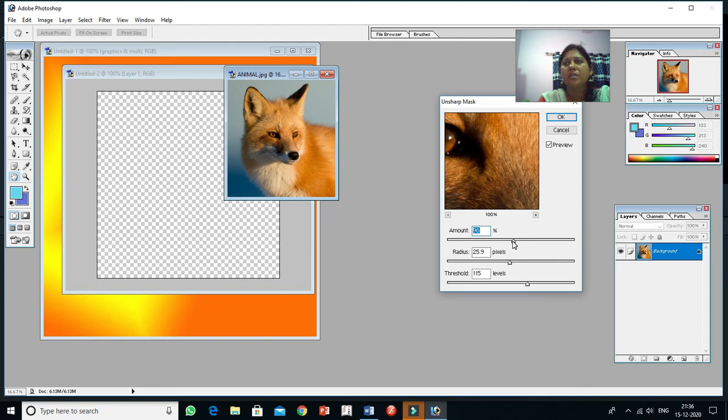Now see, you check how the picture, color and different formats keep changing. This is the Amount option. Go for Radius. Now I can drag it down also. Okay. Now Threshold is there.